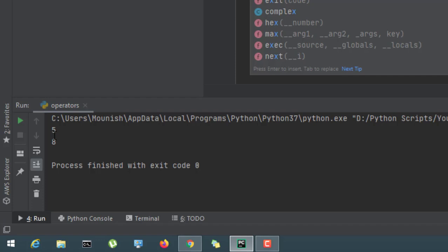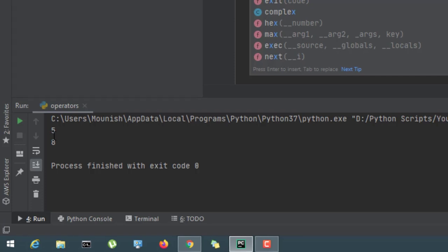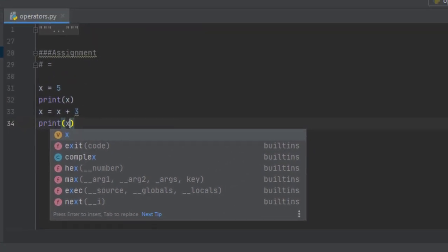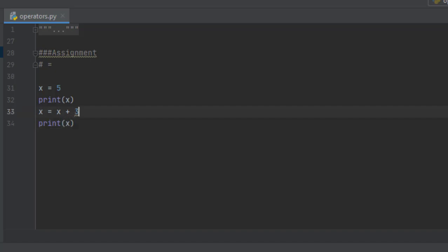Simply, first x is assigned the value of 5, and the next part it is adding x plus 3. It will become a total of 8, and the 8 value is being assigned to x. Means a variable can be changing when the operation is going on. That's all. There is nothing more over here.